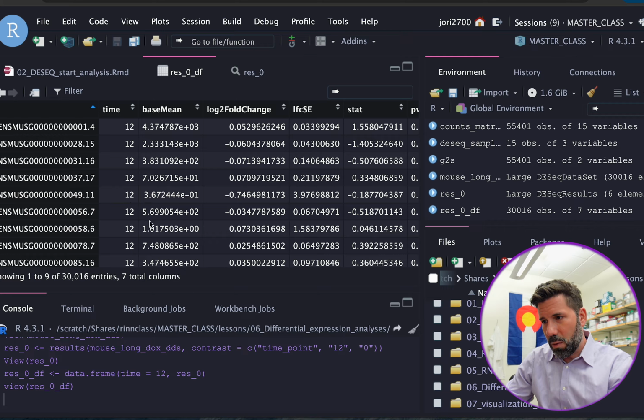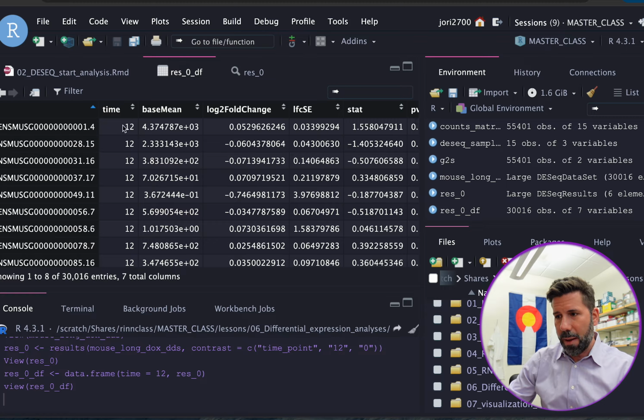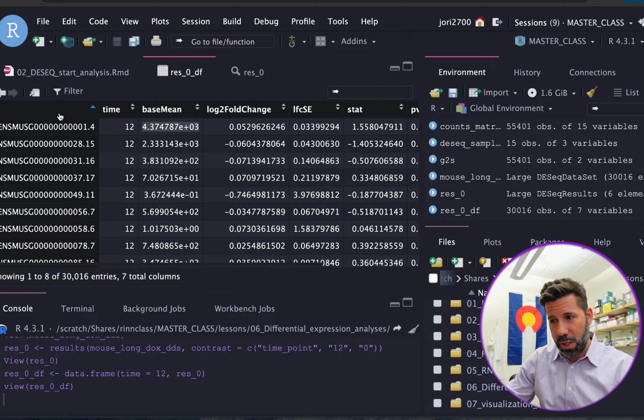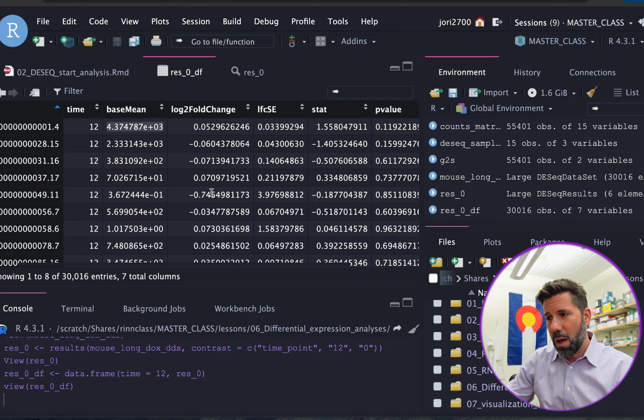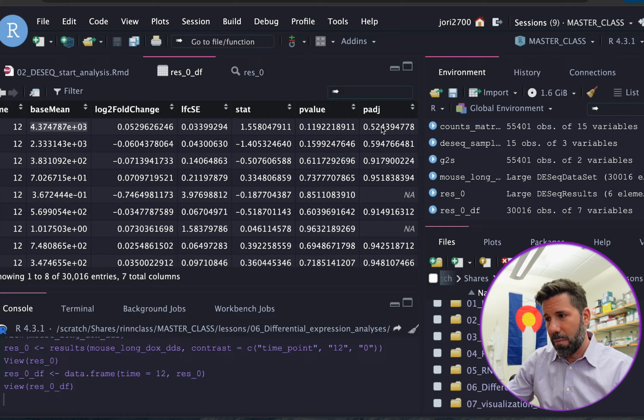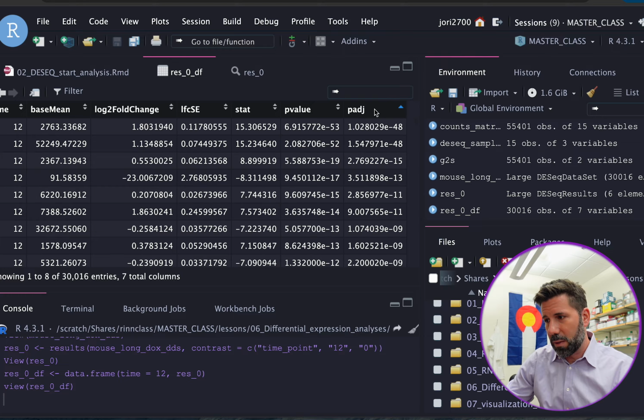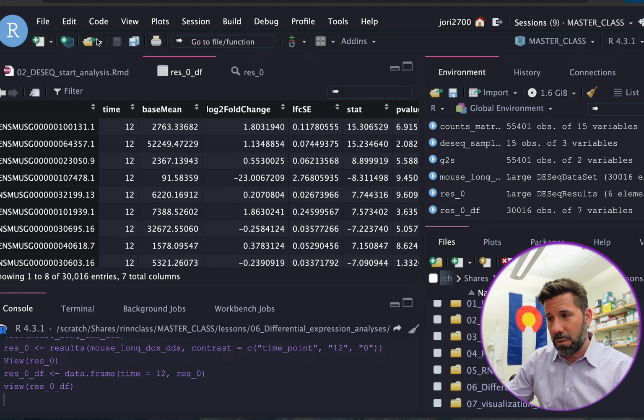And cool, look at what we got here. So this kept the time point, so it knows that it was the 0 versus 12 time point. We get a base mean, which tells us about how abundant the RNA for this gene was across the samples, how much it changed, the log 2-fold change between 0 and 12, the standard error of that change, and our favorite things, p-values. So let's see, oh look, we have some really significant p-values here. And we will go and try and find those genes. Okay,